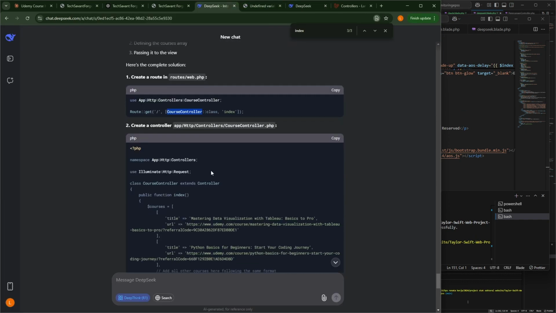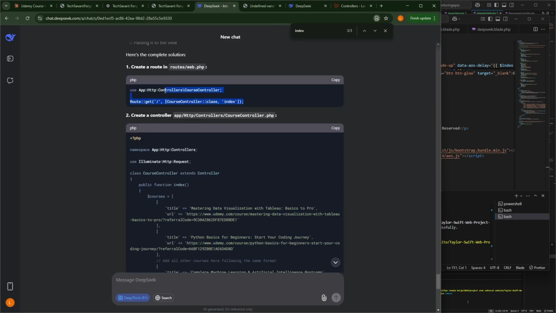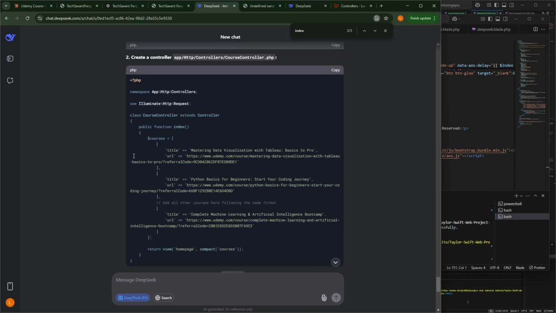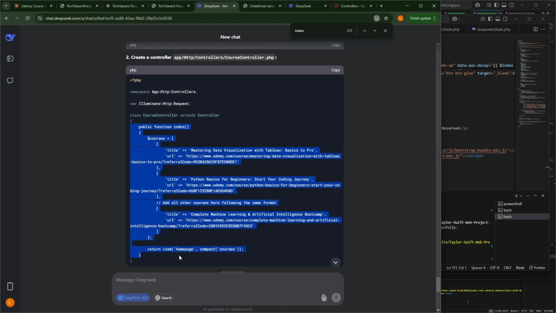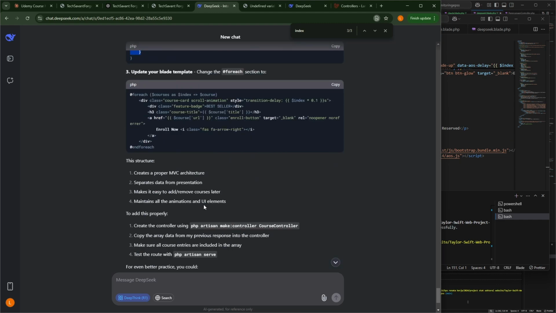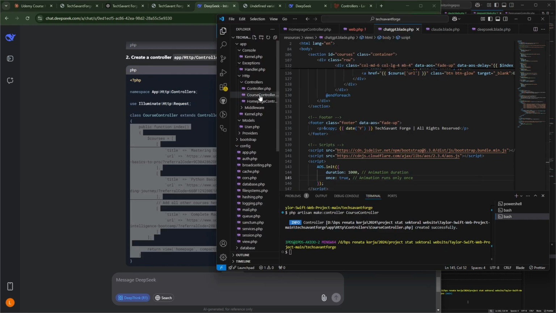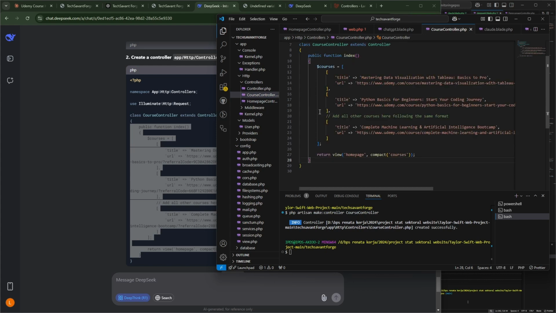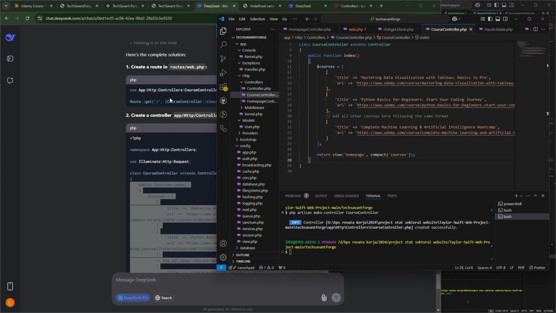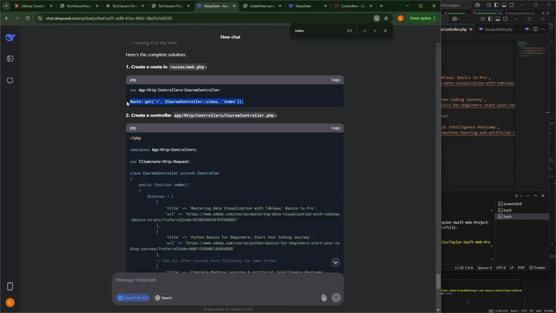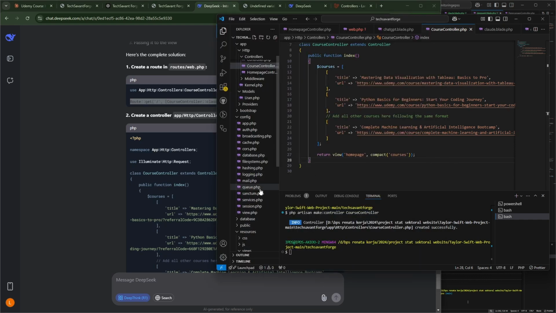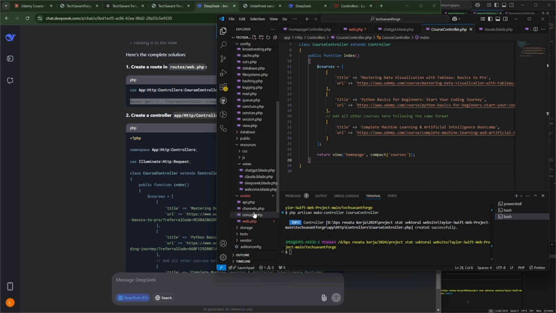So course controller, and we want to put the guest controller and get the controller PHP like this, and public index. We see this as public function on page, and we want to use this as a route also, in web